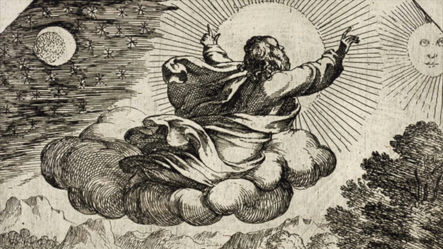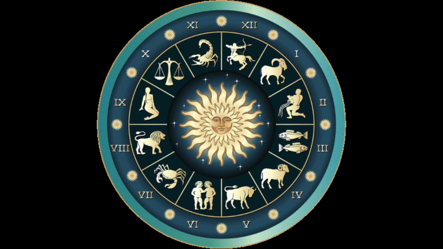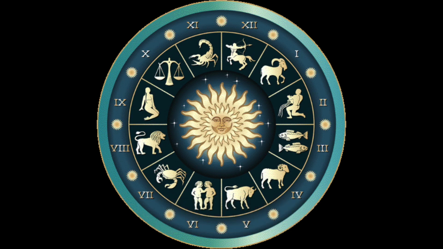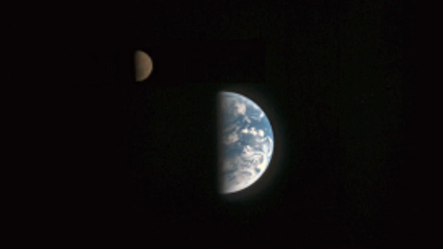Now, the sun and the moon are by definition not planets, they are called the luminaries. The sun in the horoscope is what most people know as their star sign, and which we should correctly call our sun sign. In this video, I'm going to talk about the moon, the celestial body which revolves around the